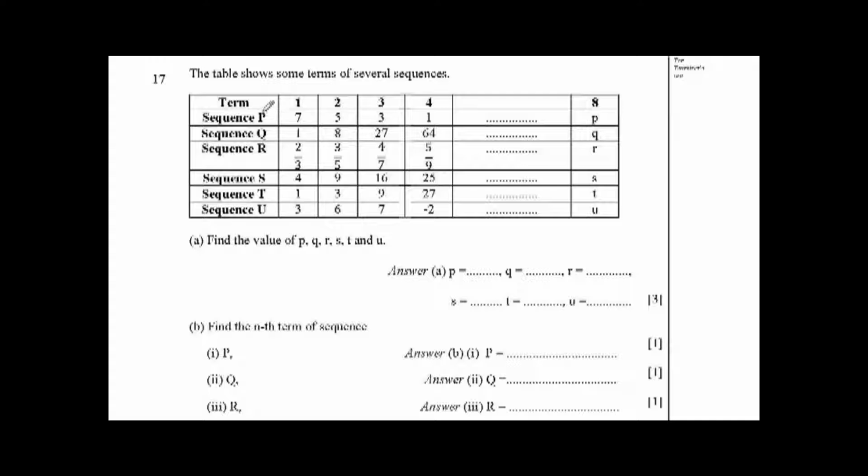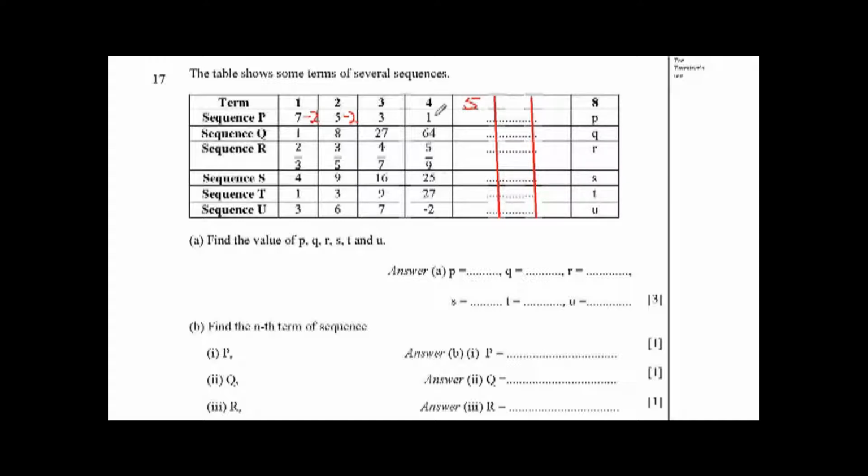Look at sequence P. We can see that if we minus 2 from 7, we get 5. If we minus 2 from 5, we get 3. So, if we want to find the 8th term, we need to continue with this operation, where for the 5th term,